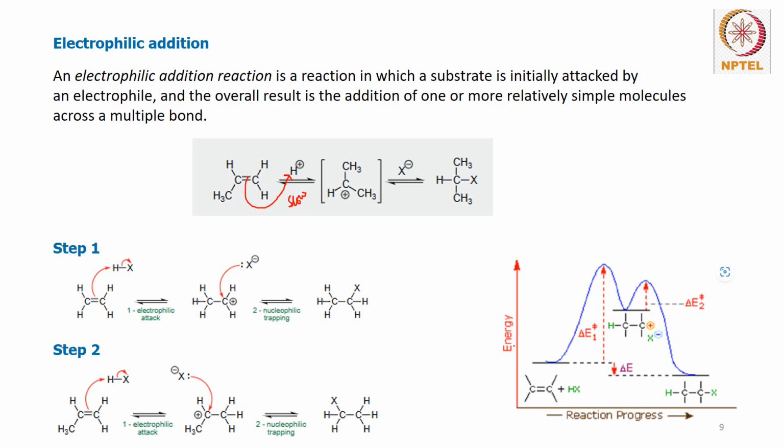So this is the energy profile diagram where the substrate goes through the slow step, and this is also endothermic. So this is our first step where we need the activation energy delta E1 star to form this intermediate. After that it gets attacked by a nucleophile to form our desired product. So this is our first step where it will take up the proton and form this carbocation intermediate, and after that